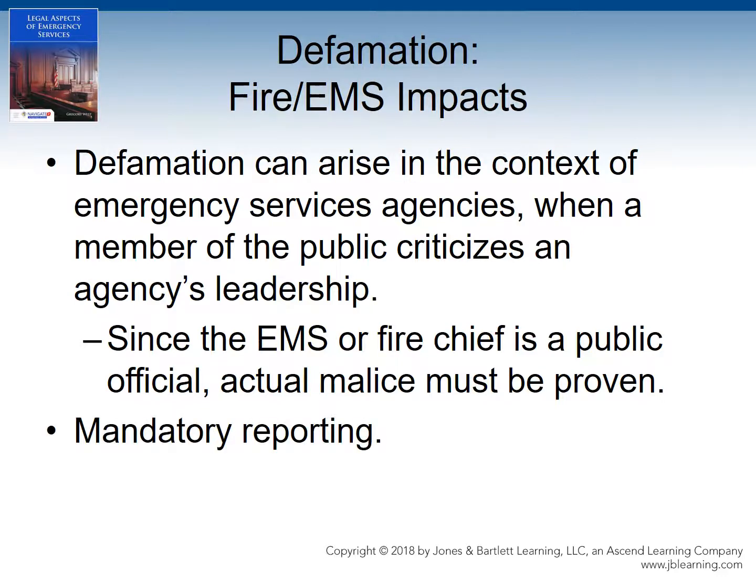Another scenario that can arise within the defamation arena is where an emergency services worker reports someone of a suspected crime, typically under a mandatory reporting law. If that is the case, the worker is probably justified and privileged to make such a report under the law. Many such laws provide immunity from civil and criminal proceedings if such reports are made in good faith, and such good faith reporting is usually presumed by the law. That does not necessarily stop the alleged perpetrator of the crime from claiming the emergency worker defamed him or her,